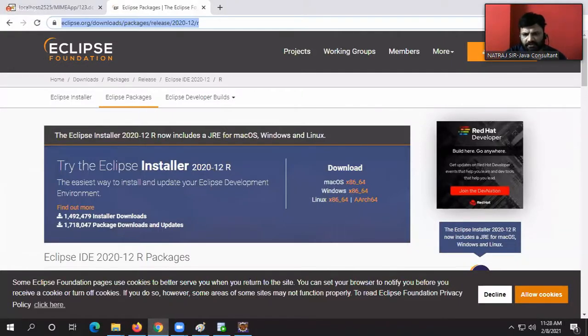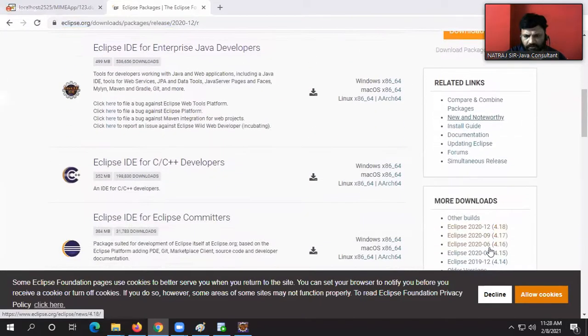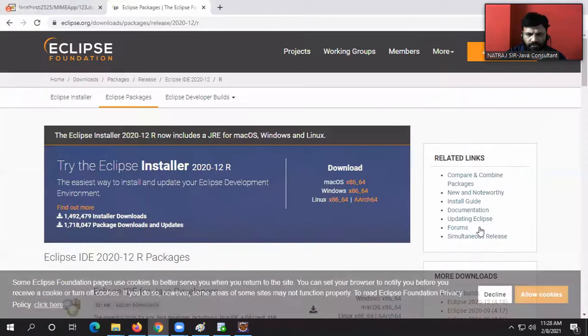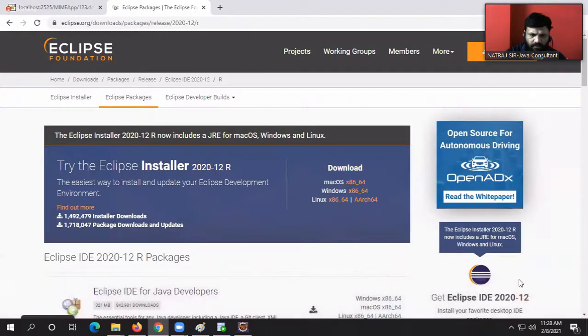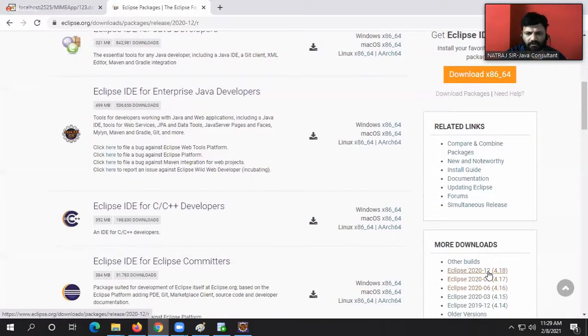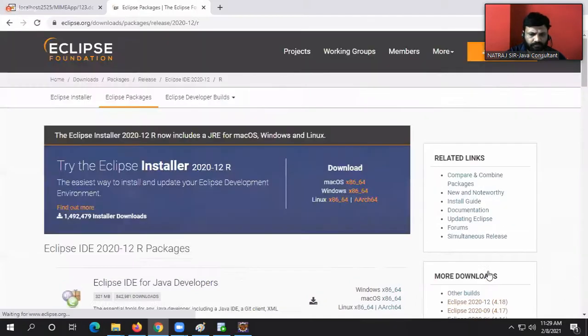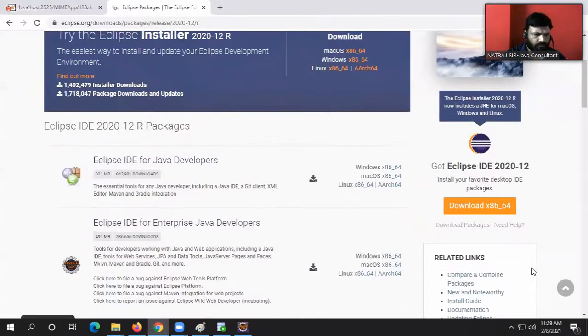Yeah, this is the latest version, guys. You can see that list here. Allow cookies. Why is it not downloading? Eclipse IDE for Java, Eclipse IDE for enterprise Java developers.